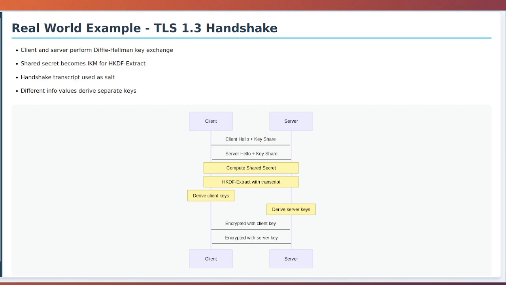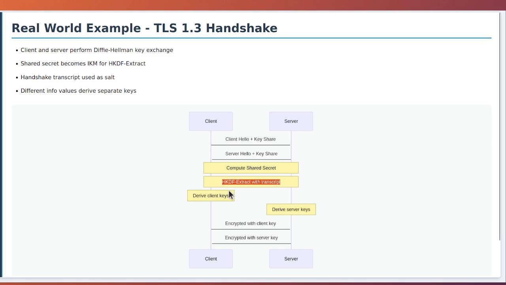Let's look at a concrete, real-world example of where HKDF is used. The TLS 1.3 handshake. When you connect to a secure website using HTTPS, your browser and the web server need to establish several cryptographic keys. They perform an elliptic curve Diffie-Hellman key exchange, which gives them a shared secret. This becomes the IKM for HKDF. The TLS protocol uses HKDF extract with a salt derived from the handshake transcript to produce a PRK called the